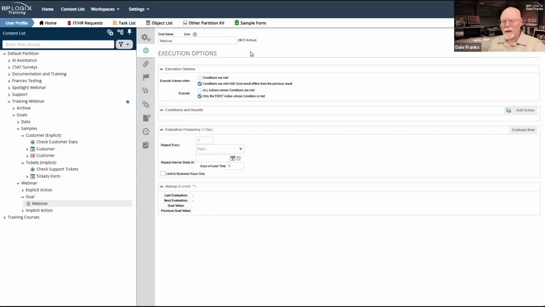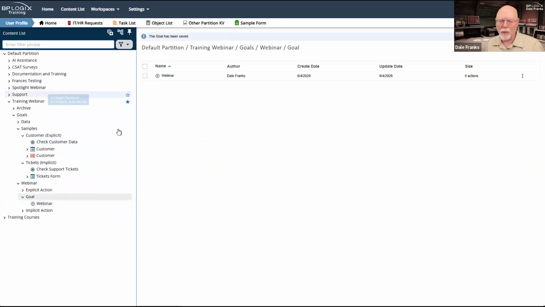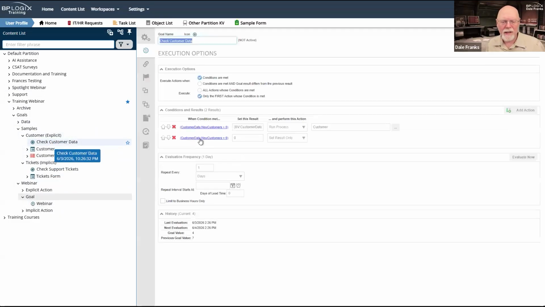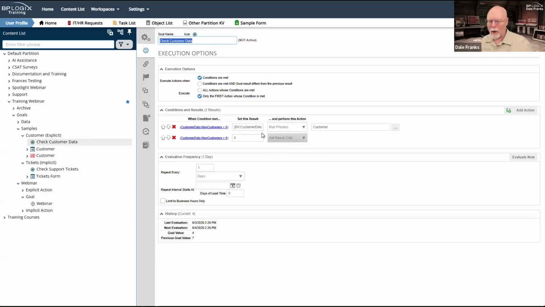In fact, rather than continuing with this goal, let's look at a goal that actually exists, and we'll look at the different ways that we can run it. I am going to hit OK to save this goal because I want to save what we've done so far. But let's go in and look at a goal that is configured. We'll get down to this part here and talk about what it is set up to do. We are setting a result, and this general system state that I'm talking about is a goal's result.